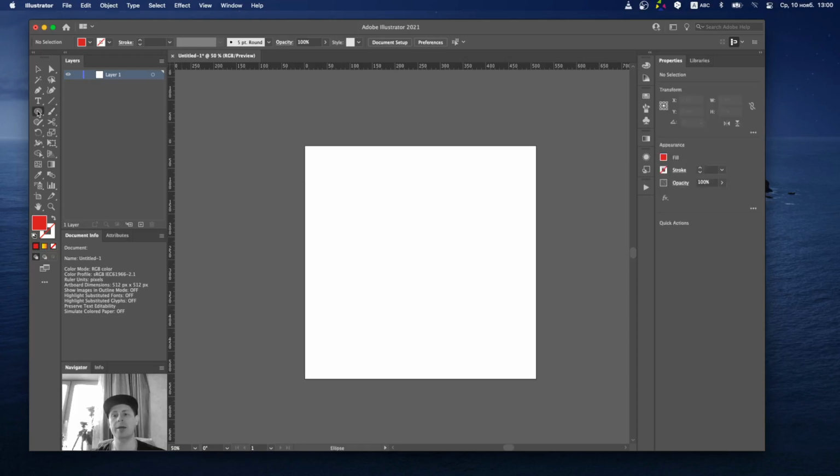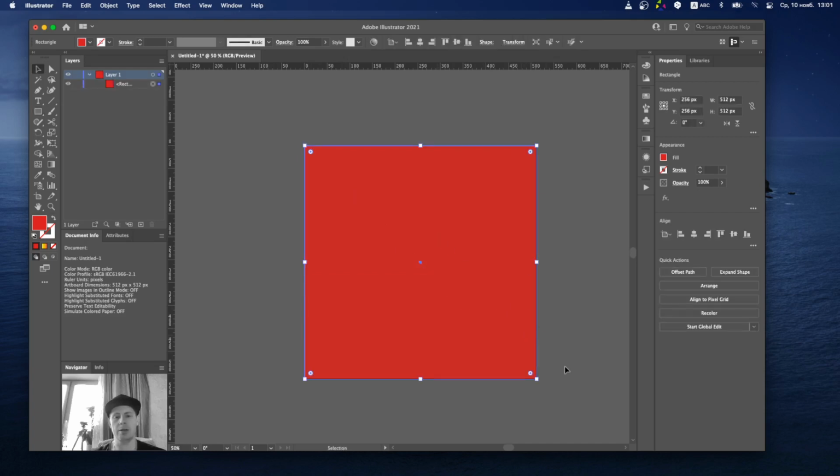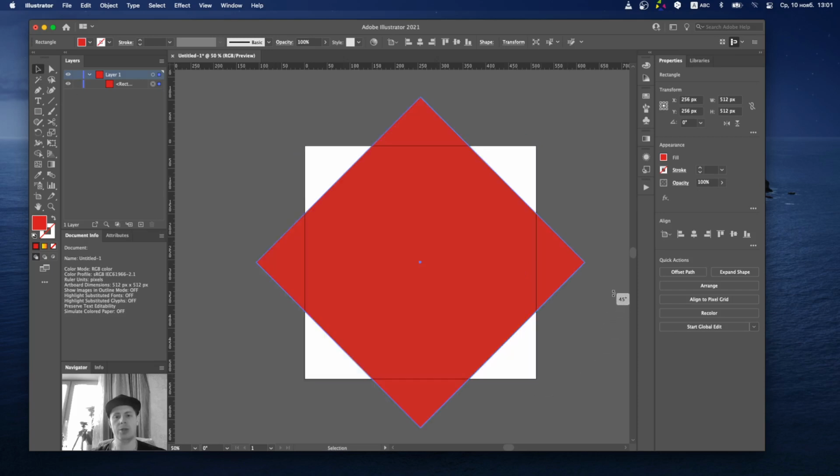First of all, we need a square shape. So we choose rectangle 2, then fill. I choose red color, then stroke off, and after that make some square shape like this with the shift and left mouse button. Then select selection tool, turn like this with shift